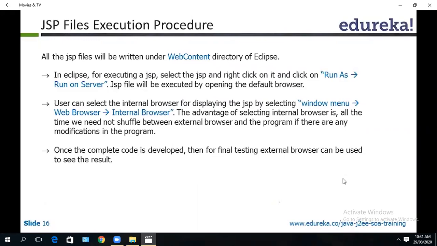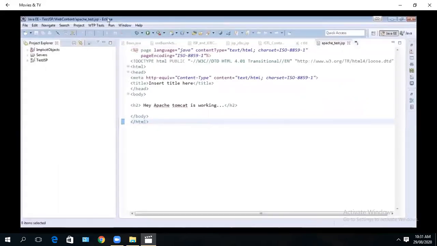In Eclipse, you go to Windows. Actually, you have an option of choosing where your web output should be displayed. You can select the internal browser, you can select external browsers like IE, Safari, Opera, everything. But only for that you have to configure. Make sure that you are in the Java EE perspective.